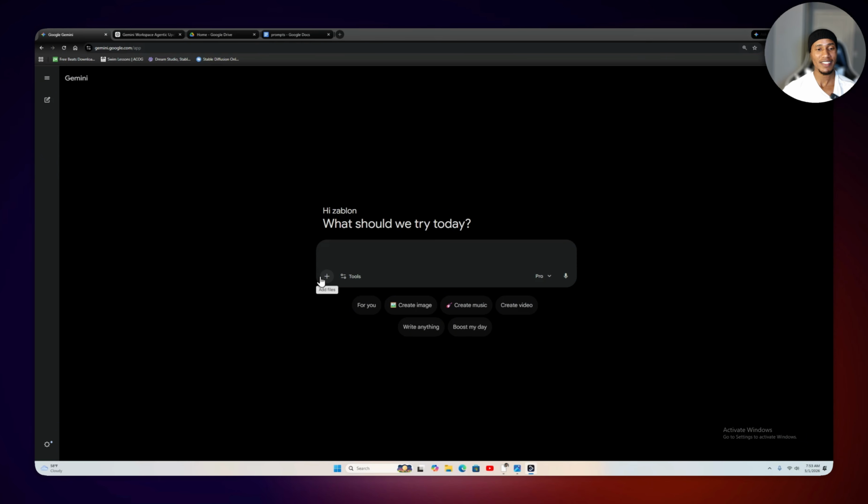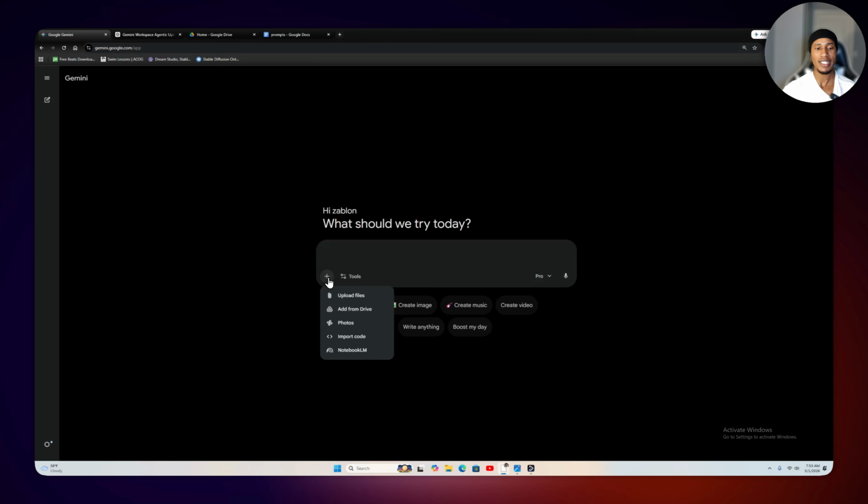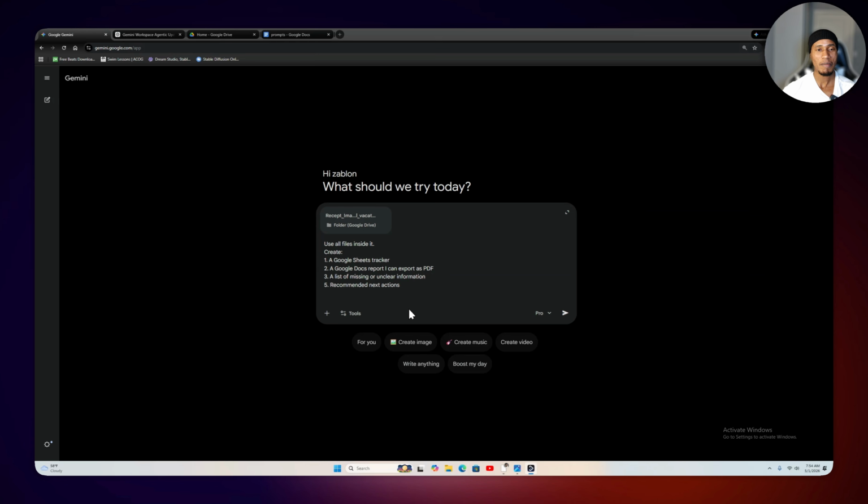I'll go ahead and give Gemini access to my folder that I have uploaded inside my drive. You can also upload the file directly from your computer. To do so, I'll go ahead and click on the plus sign and click on Add from Drive. After uploading the file, I'll go ahead and give Gemini a detailed prompt that includes the following: creating a Google